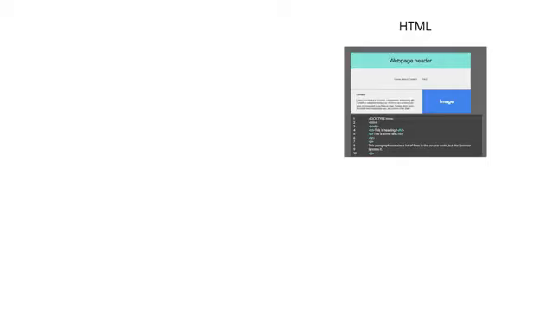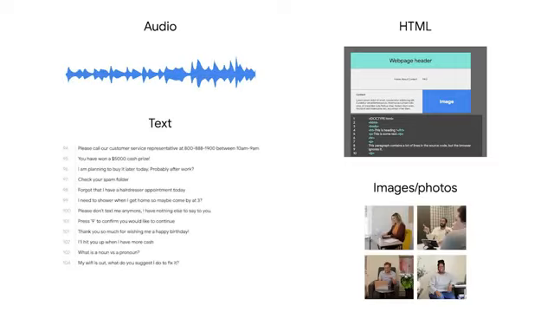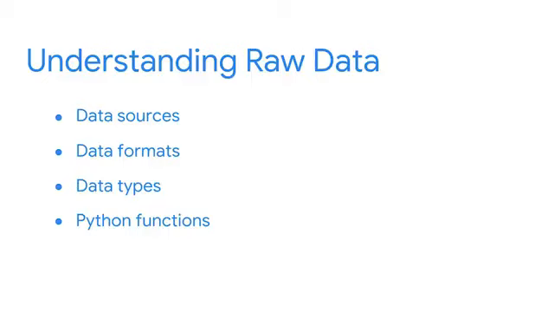As a data professional, you may also be tasked to find data stored in other formats like HTML, audio files, photos, email text, images, or text files. In every case, there are Python libraries or functions that can help you discover and structure the data for your research project. There's no best format for the data. It will depend on the project and storage type. You're just looking for the format that best fits that particular data set.